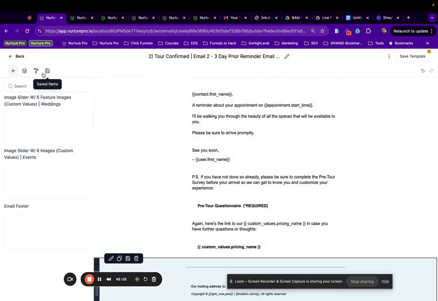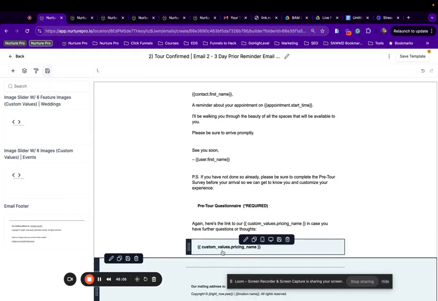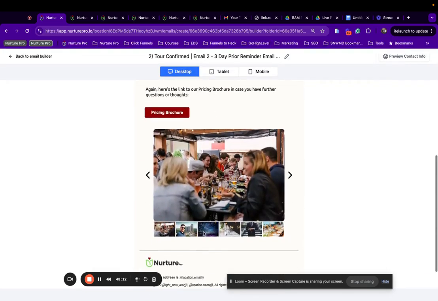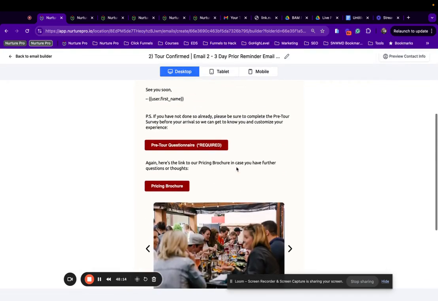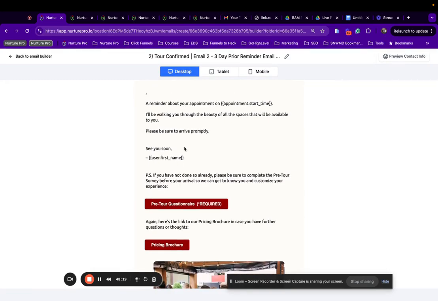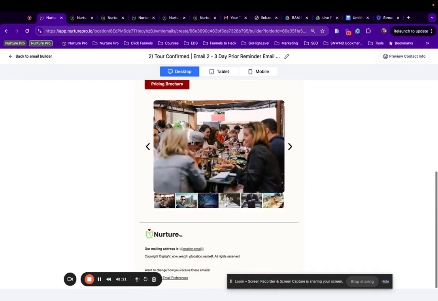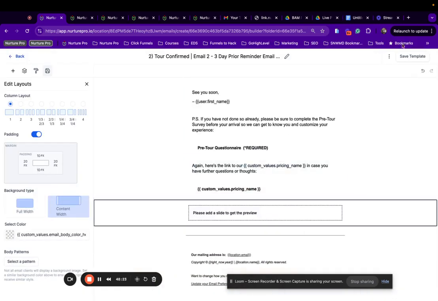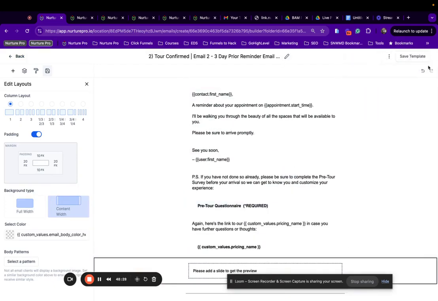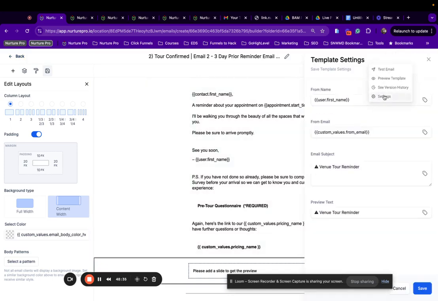Then update the slider. Save that template. Can also double check the